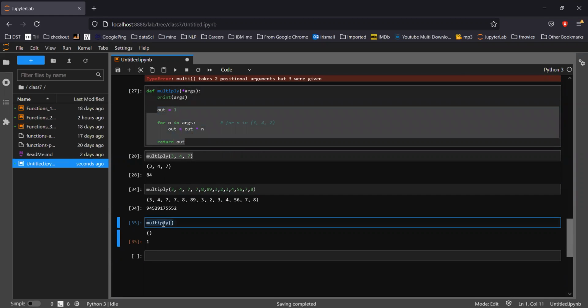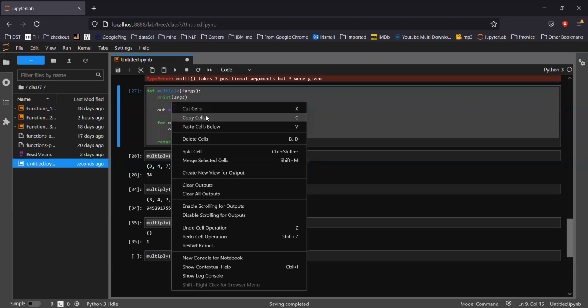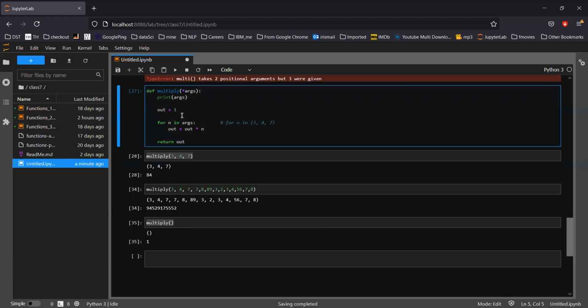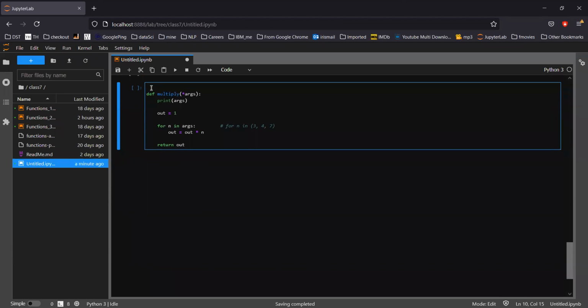Now suppose there is a scenario where you want the user to give at least a few inputs, meaning a few inputs are required and the remaining are not required. We can modify the same function this way as well. I'm copying the whole thing, pasting it here, and changing the name.